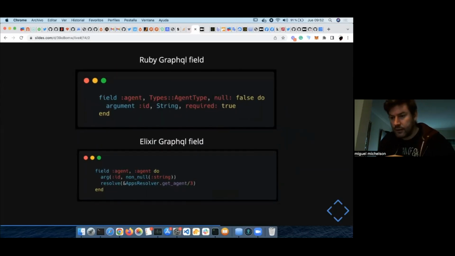These are more examples of how similar the implementation of field writing or type writing is in GraphQL for Ruby and Elixir. They're really similar, so I started by copying the initial structure of the GraphQL from the Ruby side.